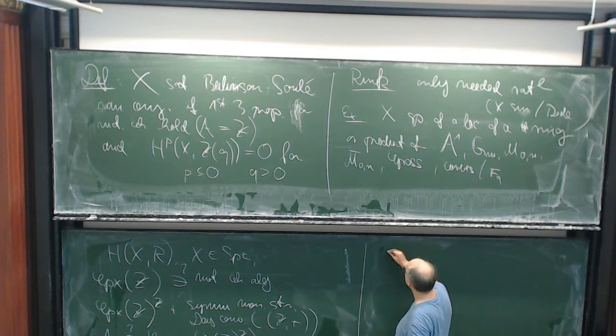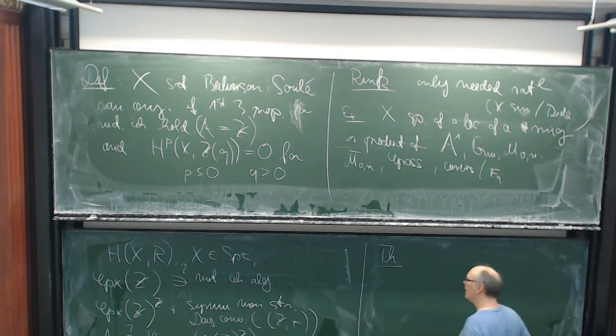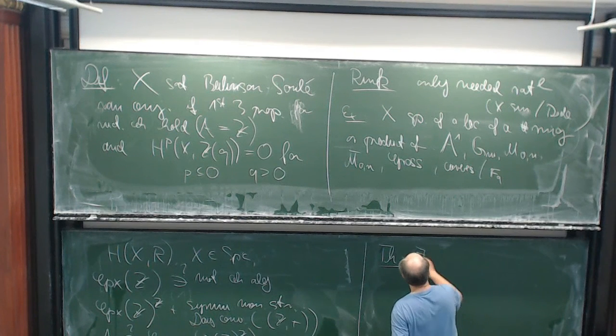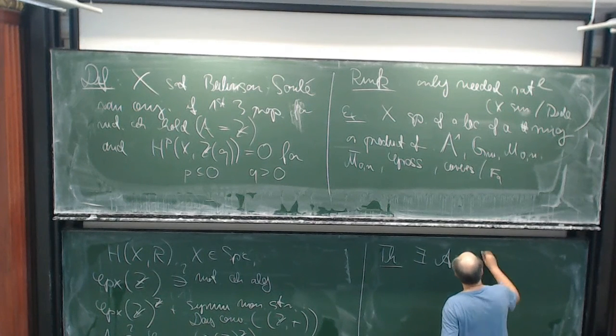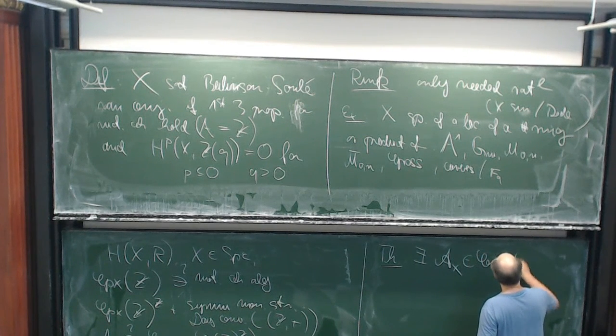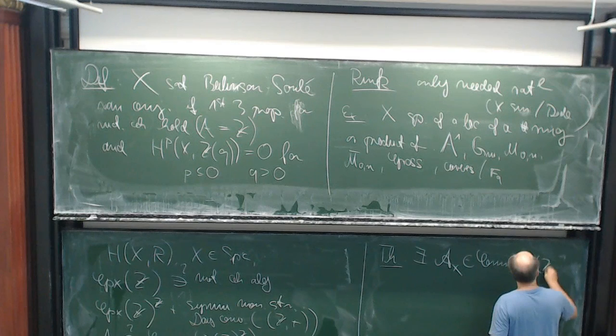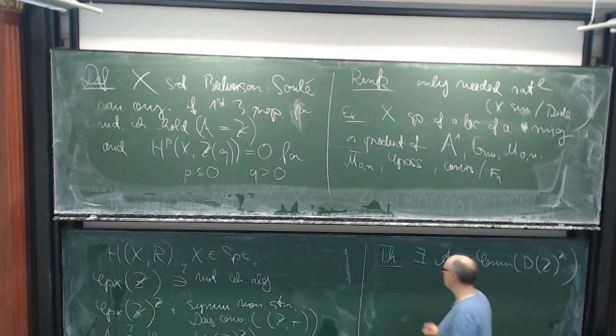That we have the following here, and then after that I just quickly say why it's true. There exists an A_X depending on X, an algebra from the set to the set, such that